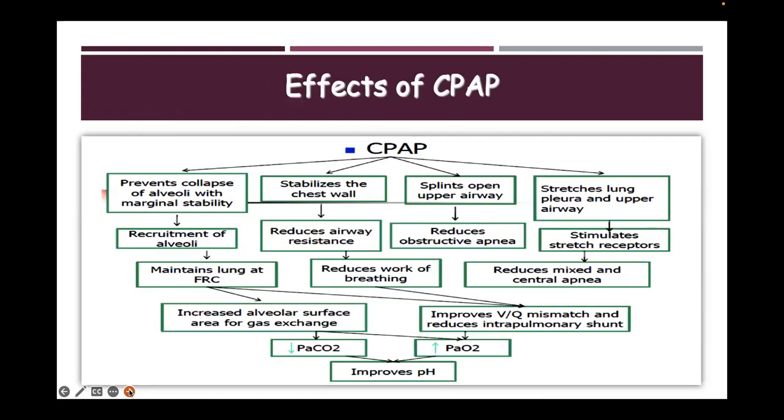What is CPAP basically? What happens with the CPAP is it delivers a constant distending pressure, which recruits the alveoli, thereby establishing FRC, improving